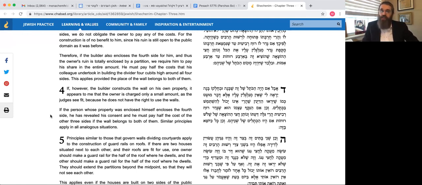In other words, we have 2 problems. One problem is how do you bill a guy if he doesn't consent explicitly? But then there's even a deeper problem, a philosophical problem. What are you billing me for? You're billing me because you gave me benefit, but that benefit did not increase your costs. So you made your house beautiful. The fact that I benefited, now I have a more beautiful view to look out my window. The fact that I'm getting benefits does not cost you anything more than you would have to pay anyway to live in a beautiful house. So therefore, seemingly this is inconsistent with the Talmudic view that in such a case I should not have to pay.